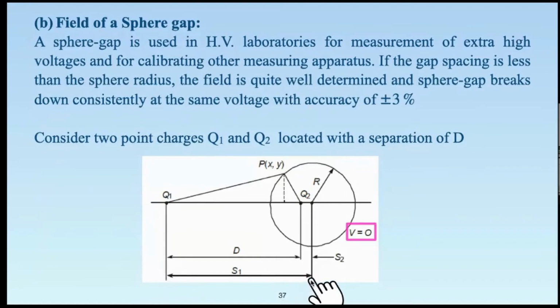Okay, then various dimensions are indicated. The total distance between the centers of the spheres is S1. The charge located within the sphere is intentionally not shown at the center, rather it is shown at some other point inside the sphere at distance D. And there is a location on the surface of the sphere indicated by point P. With these dimensions, we consider the difference between D and S1 to be S2. This is indicated as S2, the difference between D and S1. Okay, so let us now move ahead and check with this setup.